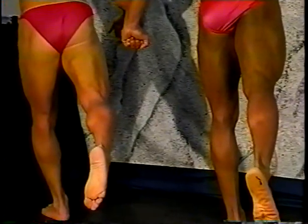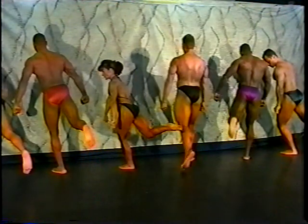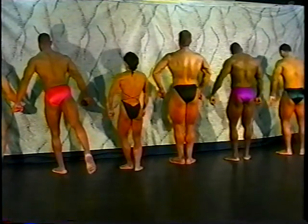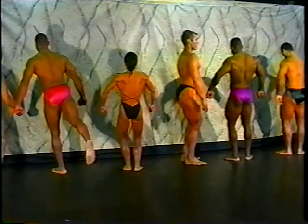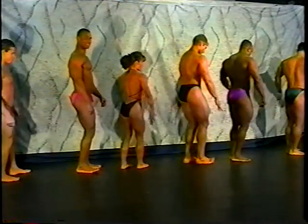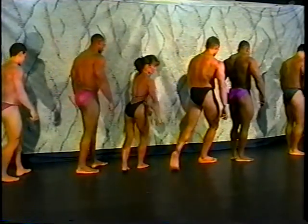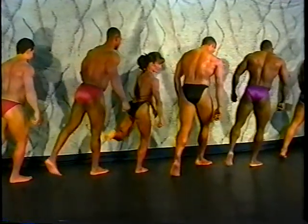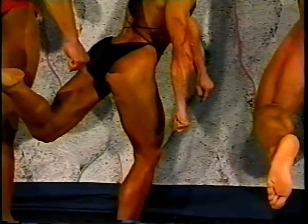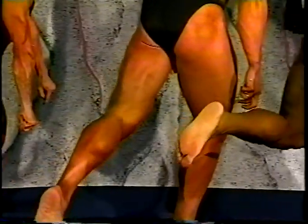Now if I have a big class and I can't focus because everyone's showing hamstring a certain way, then I'll tell everyone to relax, face the rear, quarter turn to the right, angle to the left corner, and show me your left hamstring. You get a big class and everybody's showing hamstrings a different way and you can't focus, then sometimes it's easier for the judges to be able to look at everyone in the same position. But again,